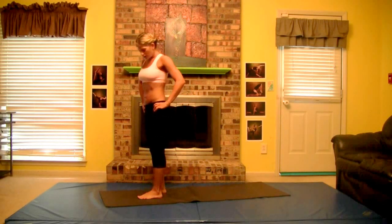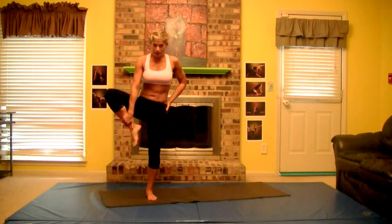Come back to center. Bringing your hands to your waist. Gaze goes to your left big toe. For 3. For 2. And 1. Good job. Okay, next we're going to do is you can either go into tree by bringing your right sole